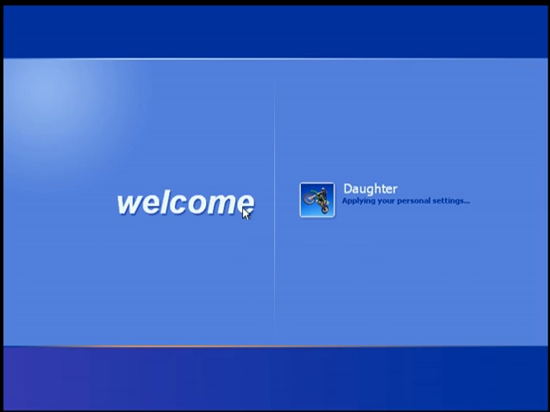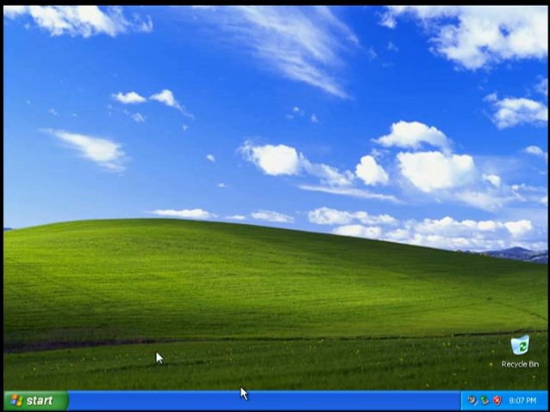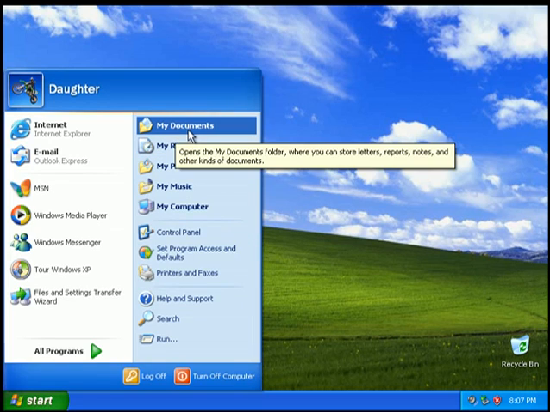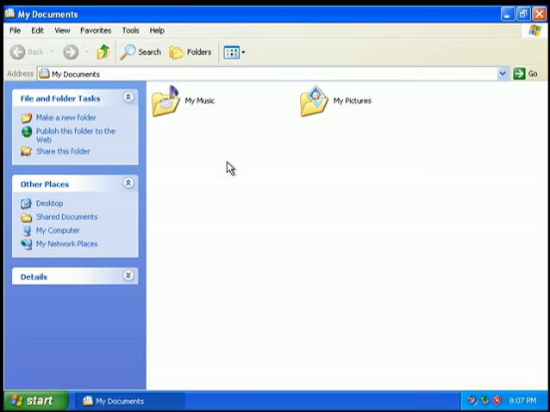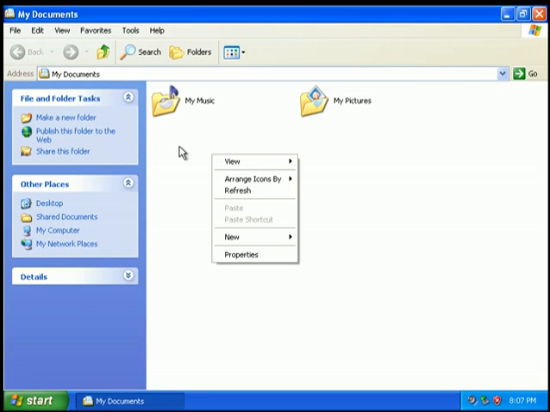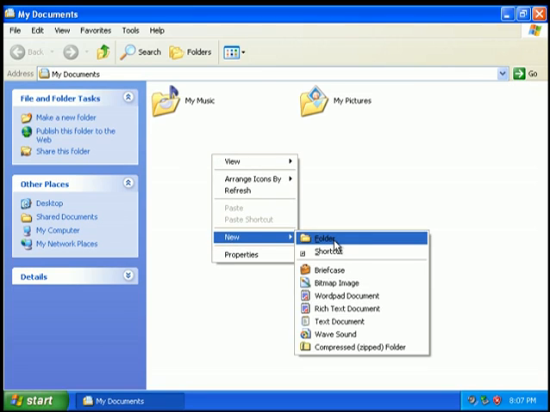And now a cool thing is, when she's on her account, she can have all kinds of different files and folders for her specific homework or her own pictures or her own music and all that. And her brother, the son, will have his own version too, and they won't be able to see each other's. I'll show you what I mean by that as soon as this thing loads in. Okay, so we've logged into the daughter's account. Let's go to My Documents real quick, and we're just going to make her a new folder. We can right click the screen here, go to New and hit Folder, or you can just use the